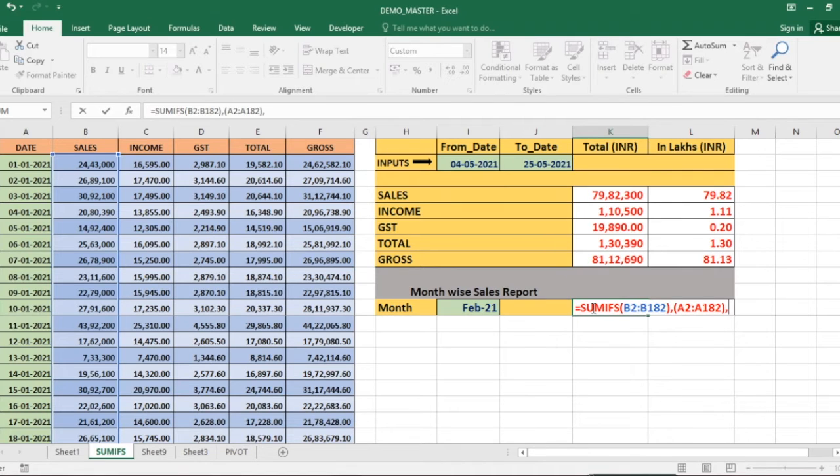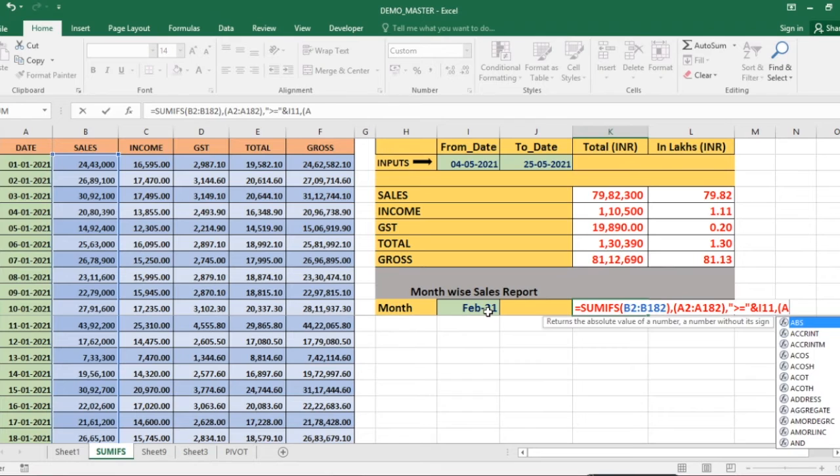Now my condition starts, again greater than or equal to, closing quotation mark, and my date is in I11, so I need to put I11, comma, and my second criteria, again the same date range to 182, closing it.